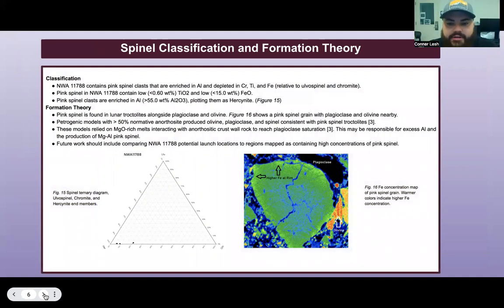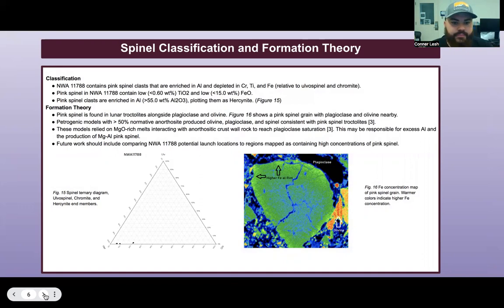Hello, my name is Connor Lesh, and I was tasked with studying the spinel in our lunar meteorite. The spinel in our lunar meteorite is a pink spinel class that is enriched in aluminum and depleted in chromium, titanium, and iron relative to ulvospinel